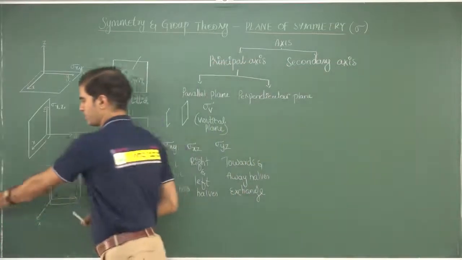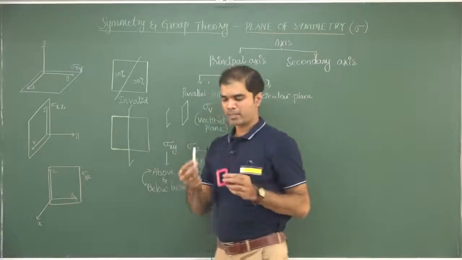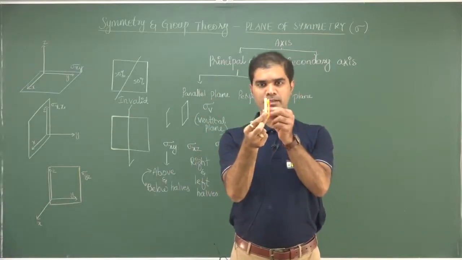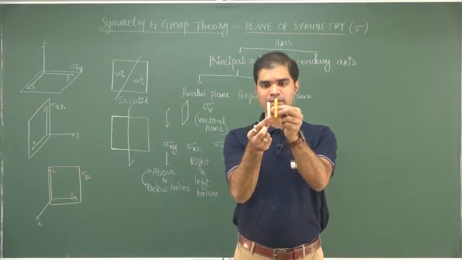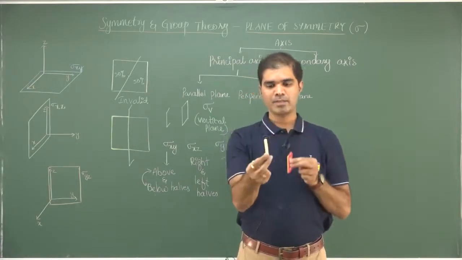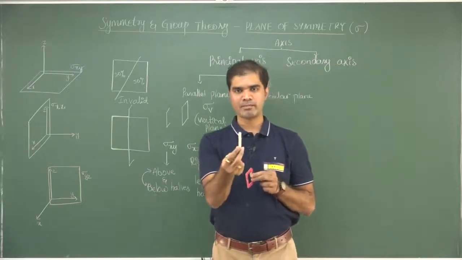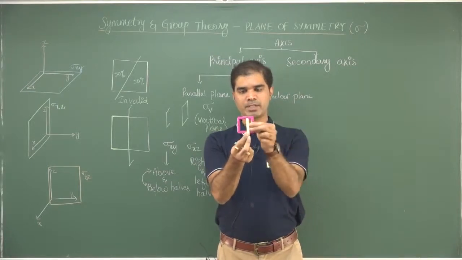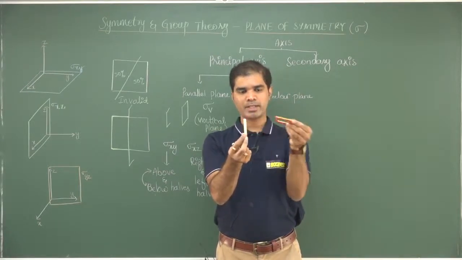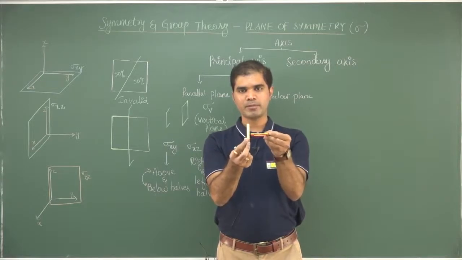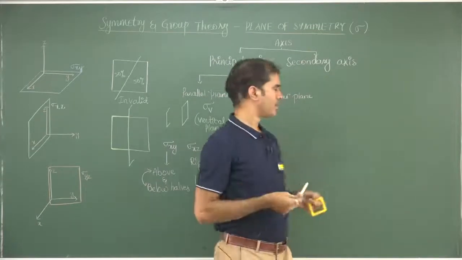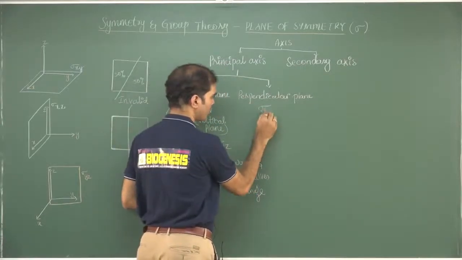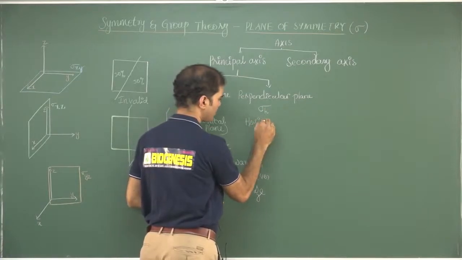Supposing that I choose, now just imagine that this is the principal axis within a molecule, and if this is the plane which is parallel to the principal axis, this plane I call a vertical plane. So with respect to this principal axis along z, the conventional z axis, xz is a vertical plane, yz is also parallel to it, so it is also vertical. xy is perpendicular to it, therefore this is a horizontal plane. A plane which is perpendicular to the principal axis must be called a horizontal plane. Very simple, right?